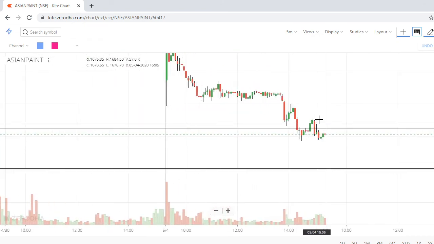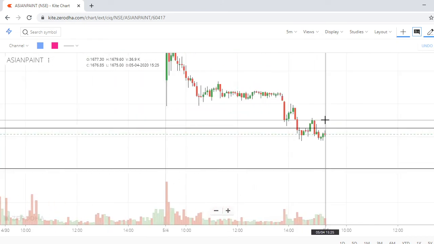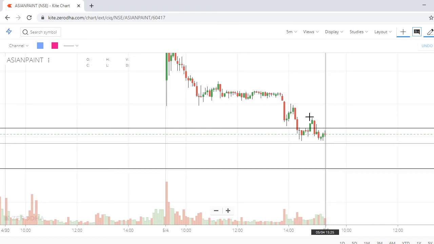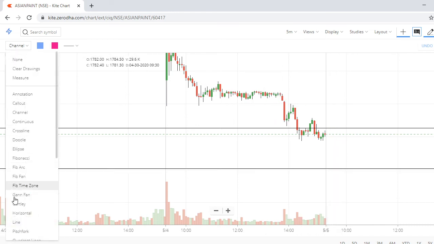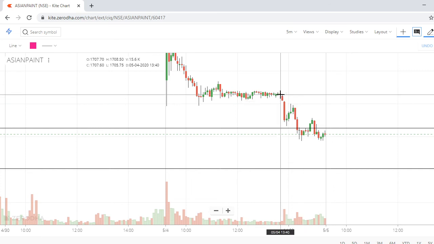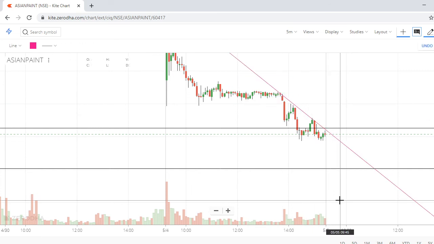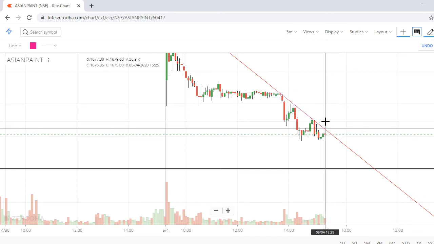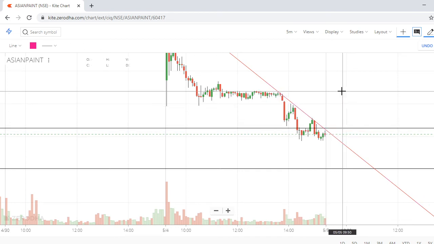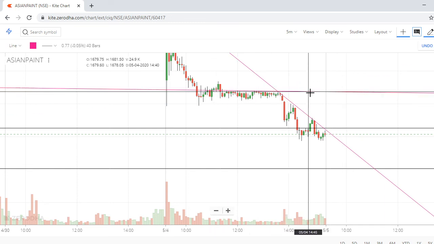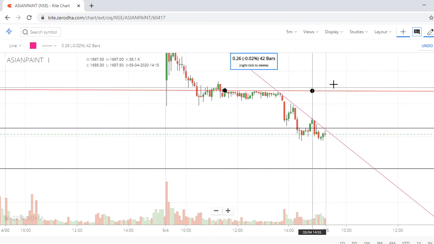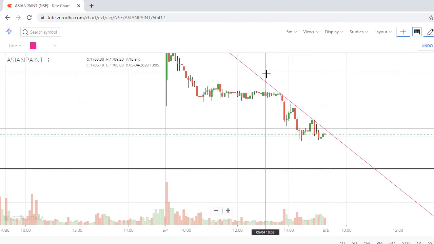Okay, once it goes above this 1687, it can go up to 1707. There is a high possibility for this. Okay, the same thing we discussed, there is a trend line perfectly there, once it breaks and goes up, it can reach up to this level. This is acting as resistance at present, right? It can go up to this level. Okay, that's how it can be useful.